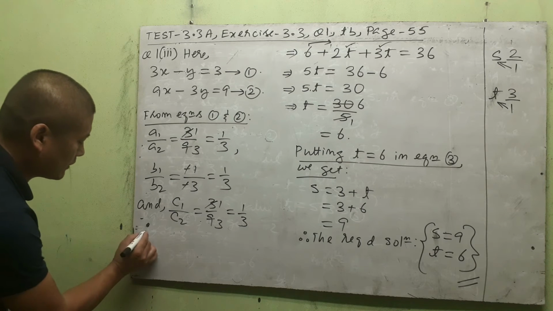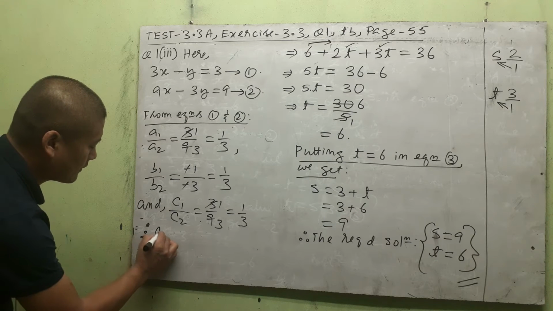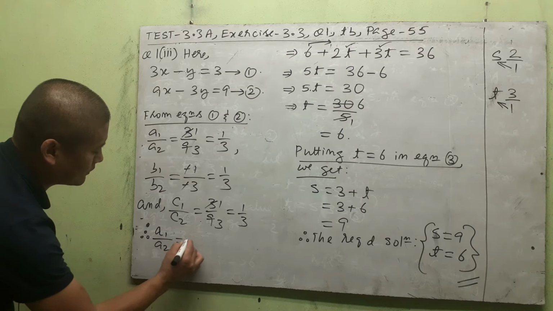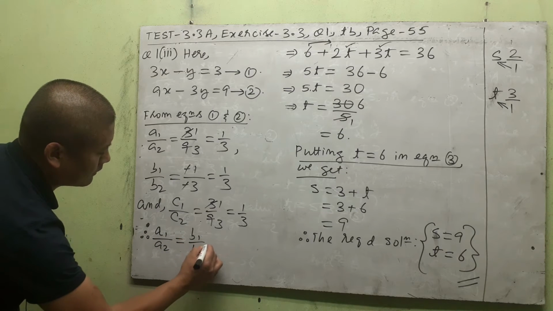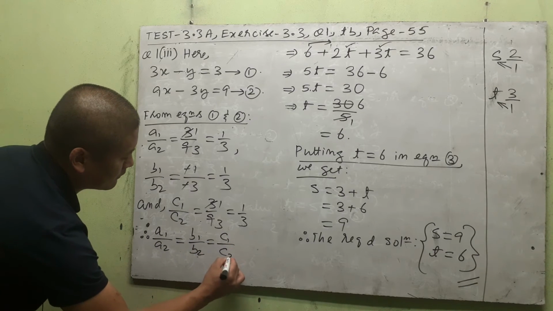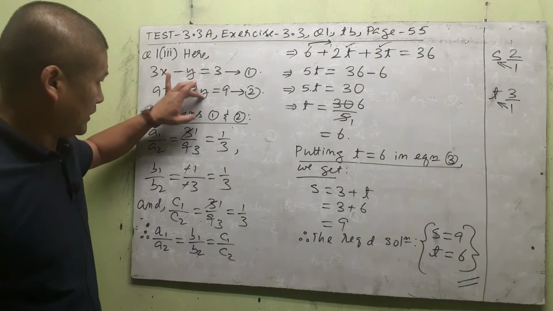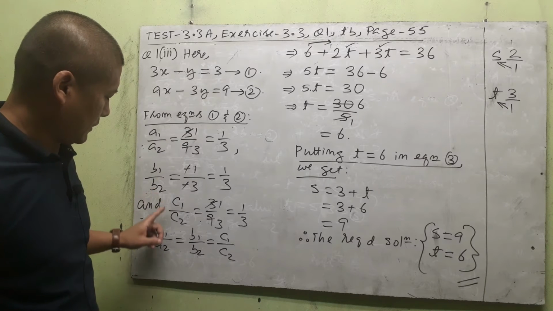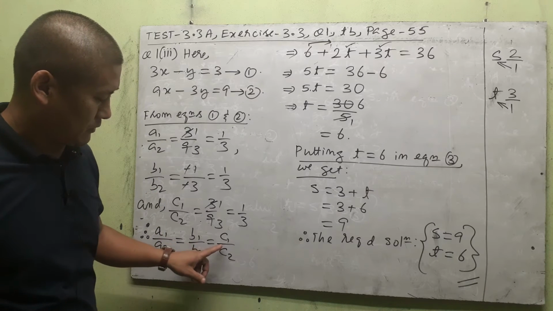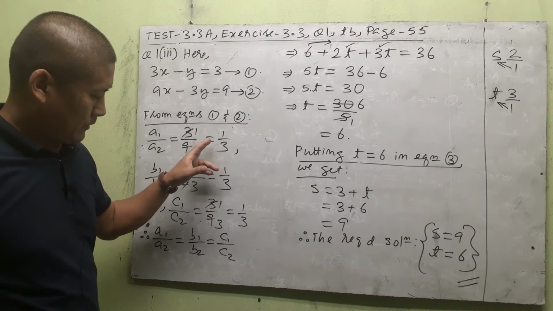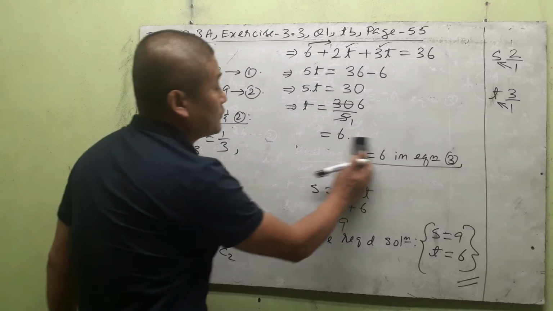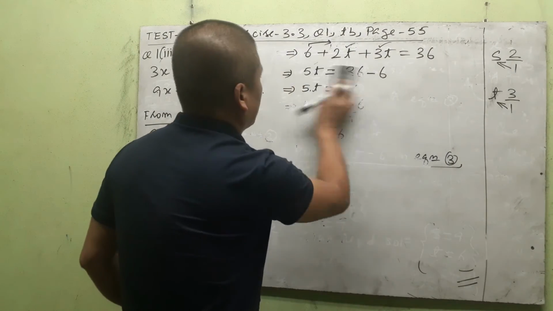So let us write that. Therefore, we see that a1 by a2 is equal to b1 by b2 is equal to c1 by c2. So when a pair of linear equations are such that a1 by a2 equals b1 by b2 equals c1 by c2, like in this case, then they have no solution. So you write here, therefore